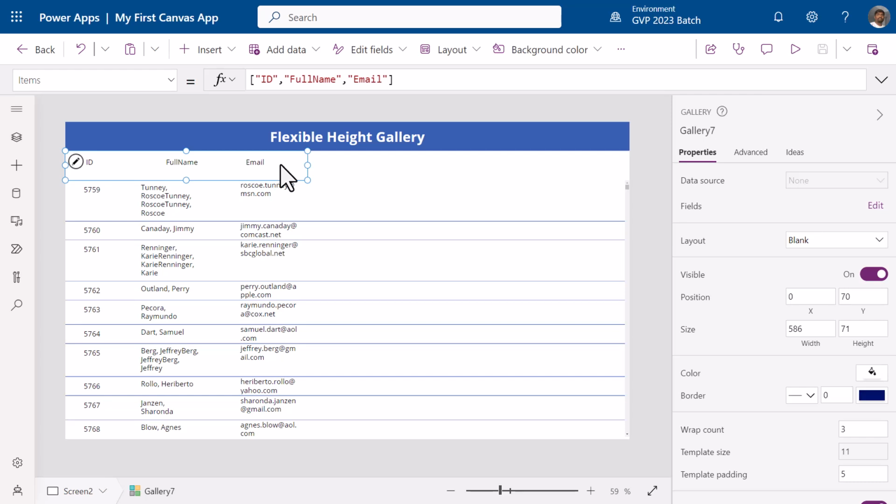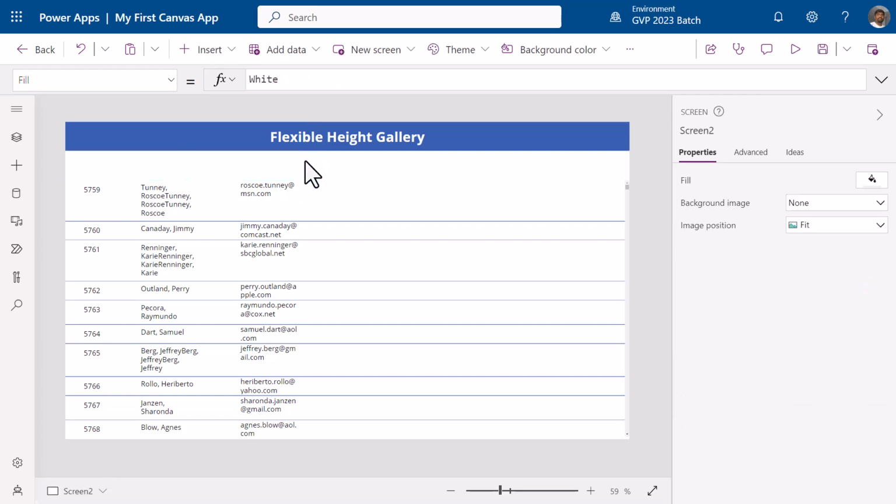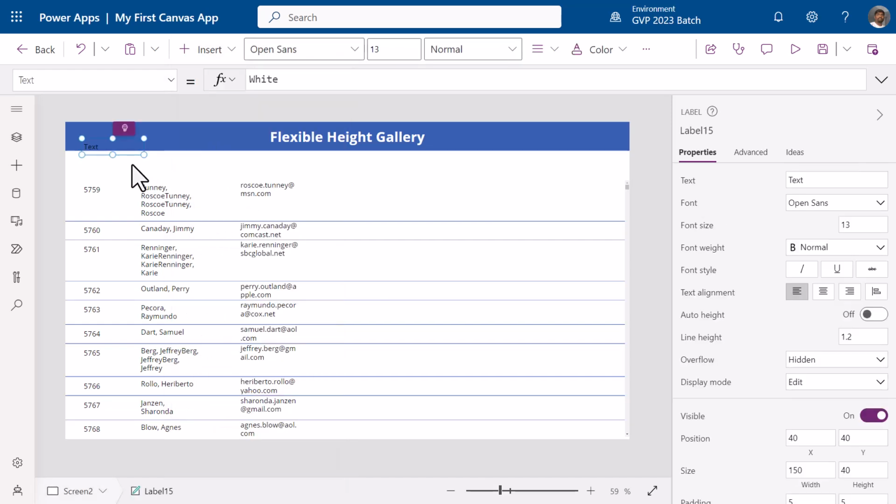But responsive containers we will learn later. That time we will learn about that. For now, I'm not interested in dumping my screen with n number of controls. Rather, I will add only one label as my heading for this gallery,